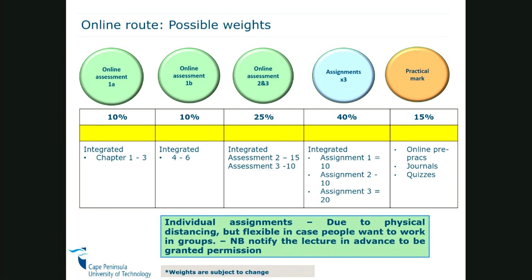students agree that me and my friend can work online, we can communicate online, we can work on the assignment in order to share the work, I'm flexible. I will also allow such a thing, right? If 2 or 3 people want to work together in an assignment, that is allowed. However, I would like those people to notify me in advance so that we can grant you permission.